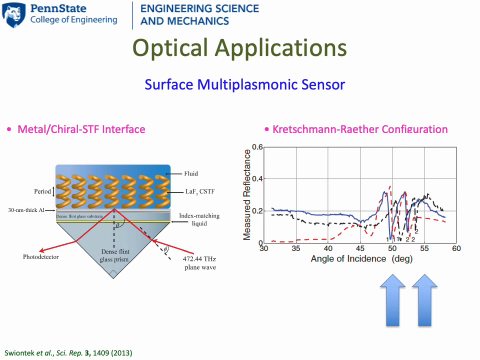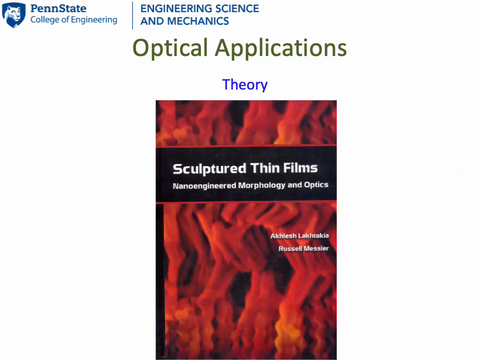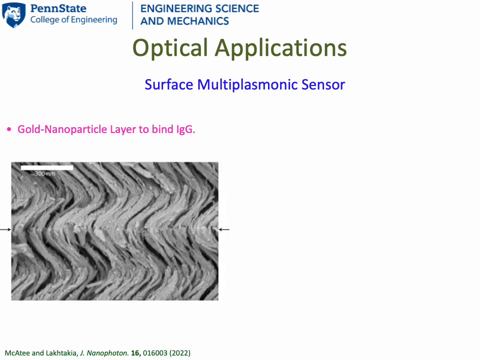Now, this phenomenon can be exploited for optical sensing. Here you can see angular shifts with sugar concentration in sweet water that infiltrates the chiral sculpture thin film. Let me pause here to assure you that all experimental results I have presented so far have been validated against theoretical studies involving the solution of Maxwell equations. But I am not going to inflict equations on all of you. Please see this book if you are interested. Let me return to experimental results.